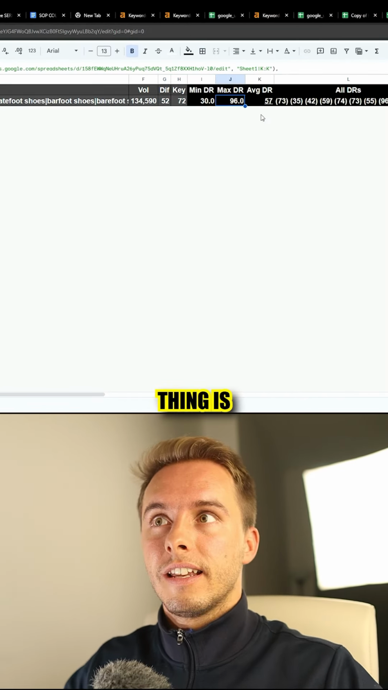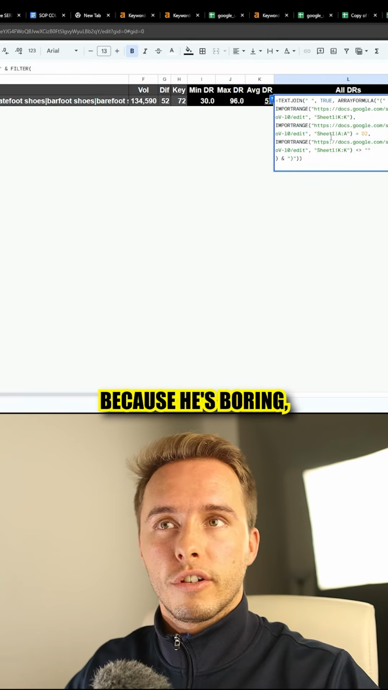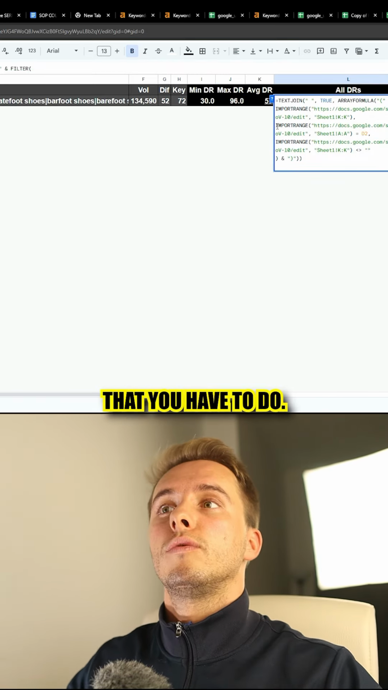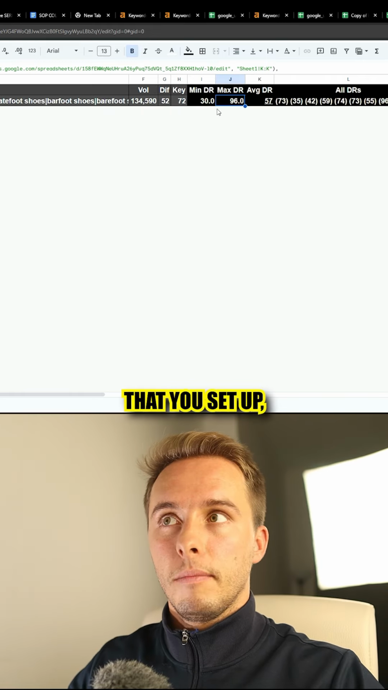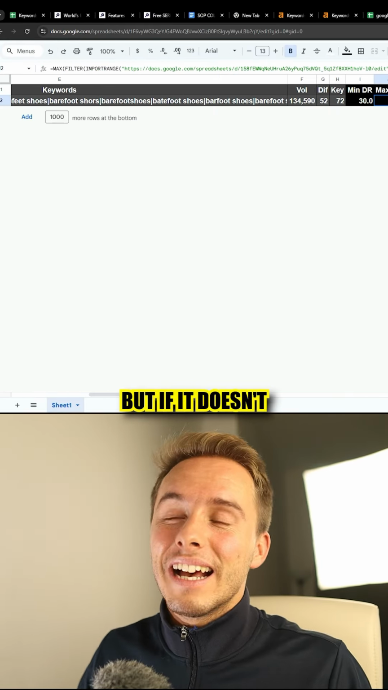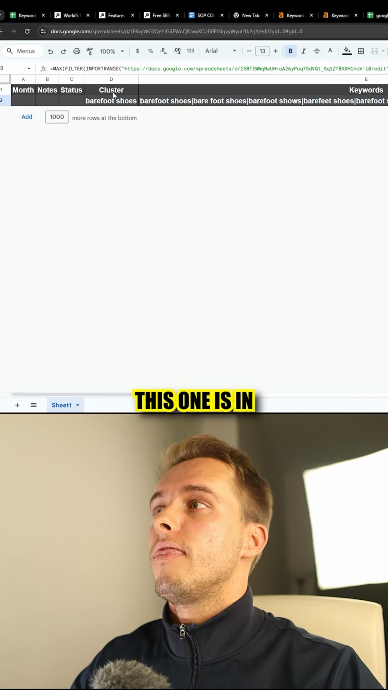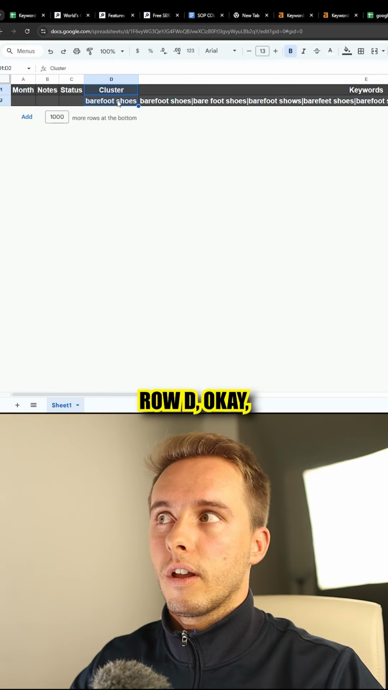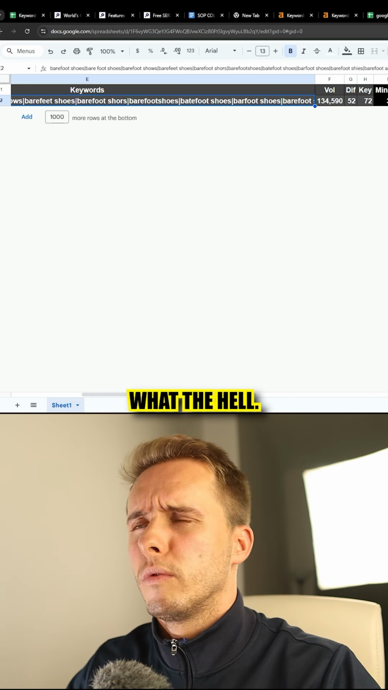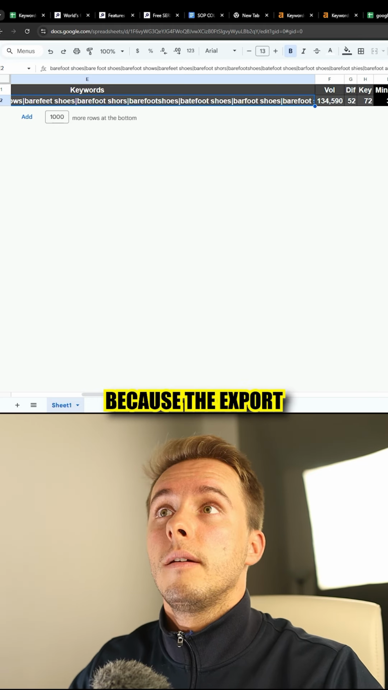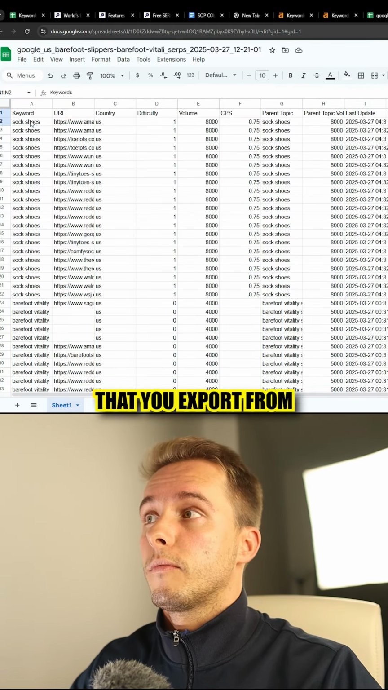One important thing is, because we didn't get into how this works because it's boring, there's one important thing you have to do so it works. Make sure that the file that you set up has the same format actually, but if it doesn't have the same format, that at least this one is in column D, okay? This one must be in column D for all of this to work, okay? Sorry, column, not row, what the hell? And then everything else will be fine, because the export that you export from Ahrefs will be